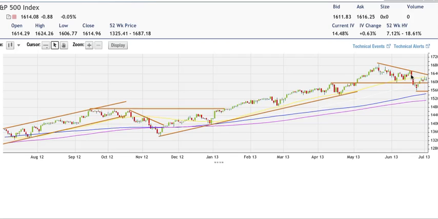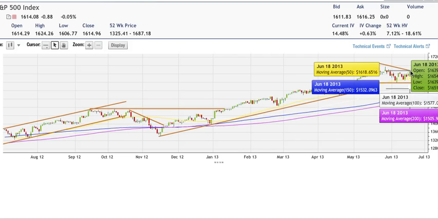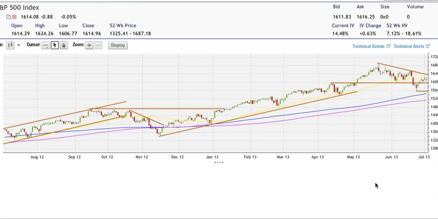If we are able to break that, our next level to look at would be this previous high around 1654. But we need to get some data here. We have a weekend, a 4th of July holiday on Thursday, and non-farm payrolls Friday, so that's going to be important. I'm not recommending any positions here before that, taking it pretty light, and after we get the numbers, maybe start a position either up or down.